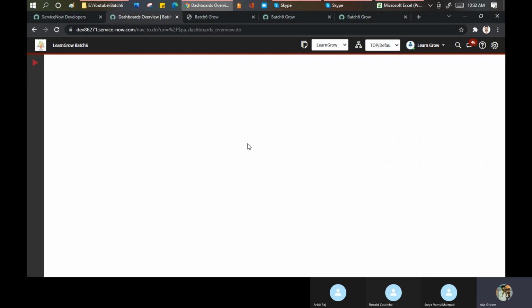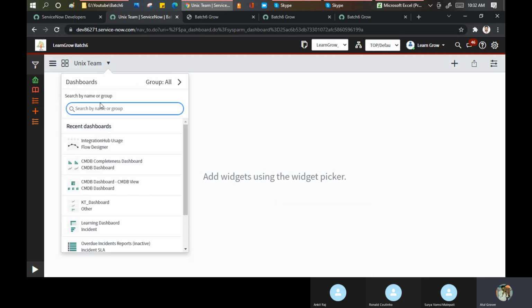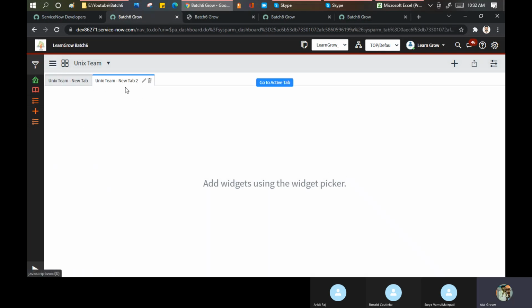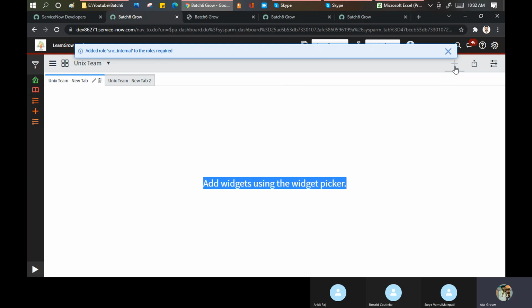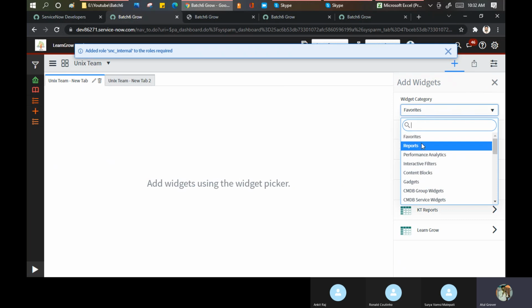Now on this dashboard, I can create multiple tabs: incident open, incident close, pending incident, P1 incident. How can you do it? Go and create a tab, multiple tabs. By default, it creates 2 tabs, 1 and 2. Now on this tab, I want to add that report. Click on the plus. क्या report था हमारा? Report का नाम, let's put a report here.